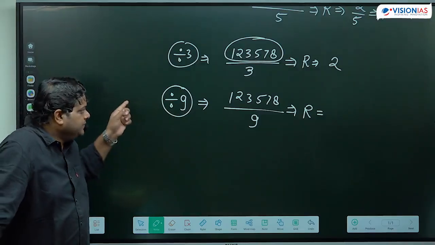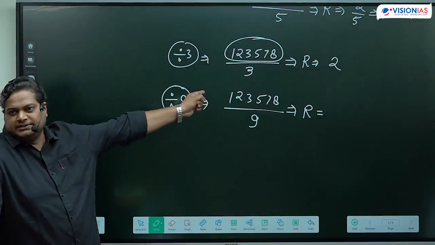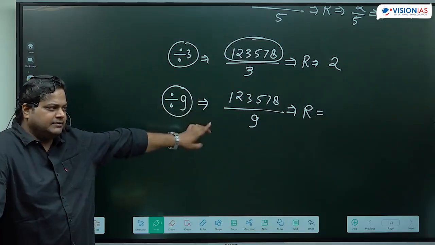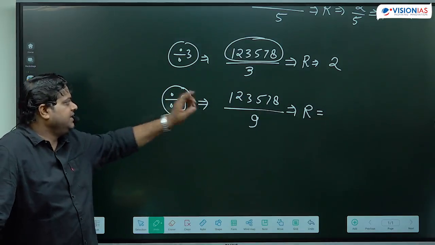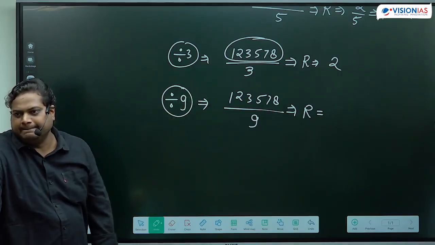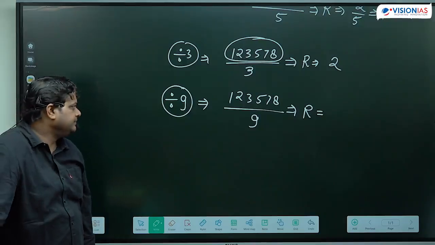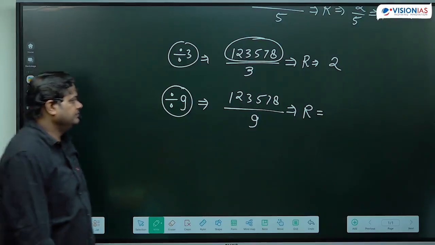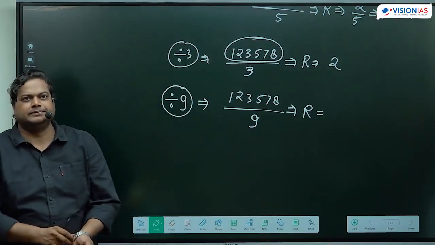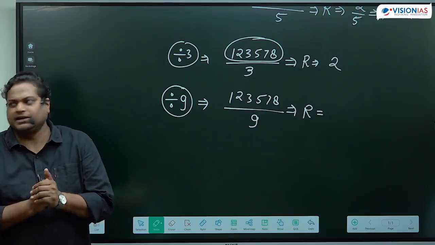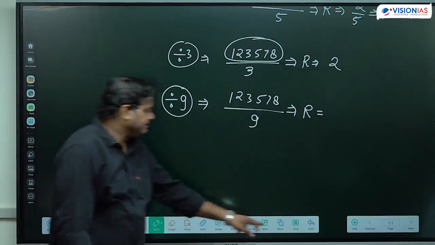So we are going to take the sum of these digits, then we'll divide by 9. Whatever the remainder we are getting, we can say कि यही होगा remainder if we divide this number by 9. ठीक है? ठीक है, 8 आ रहा है रिमाइंडर 8।